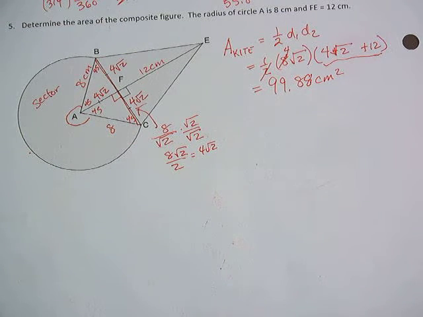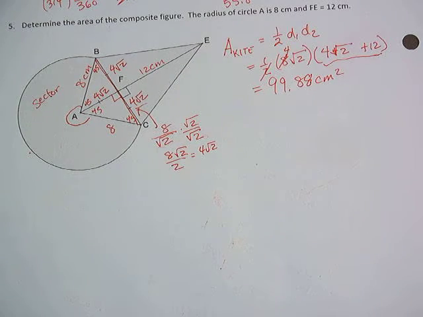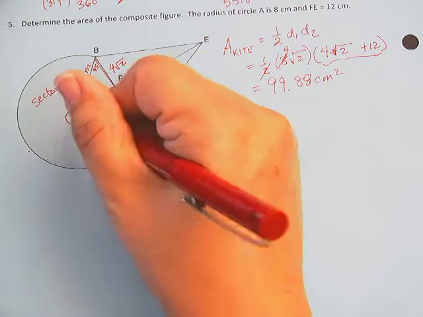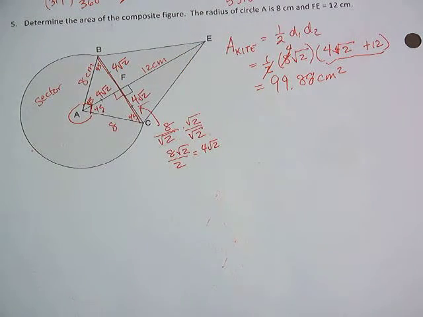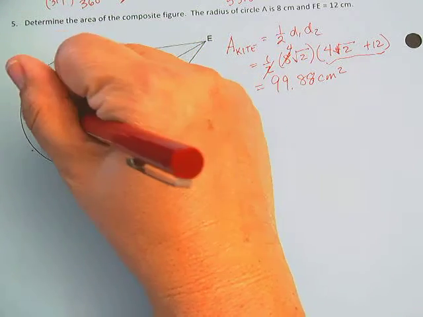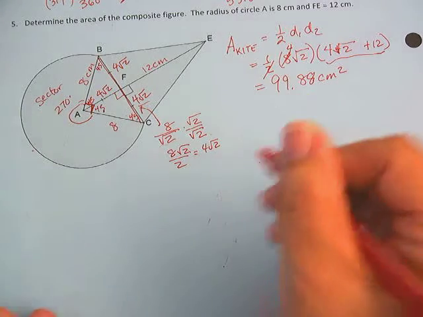Now I have the sector area, and you're probably going, wait, you don't know the angle, or do you? How many degrees is this? 45. That's 45. Guess what? This makes a right angle. So since that makes a right angle right there, then this has to be 270 degrees. Right? So the area of my sector